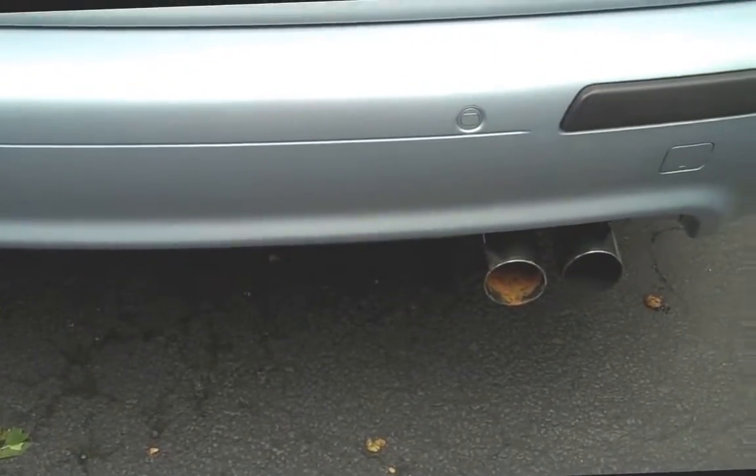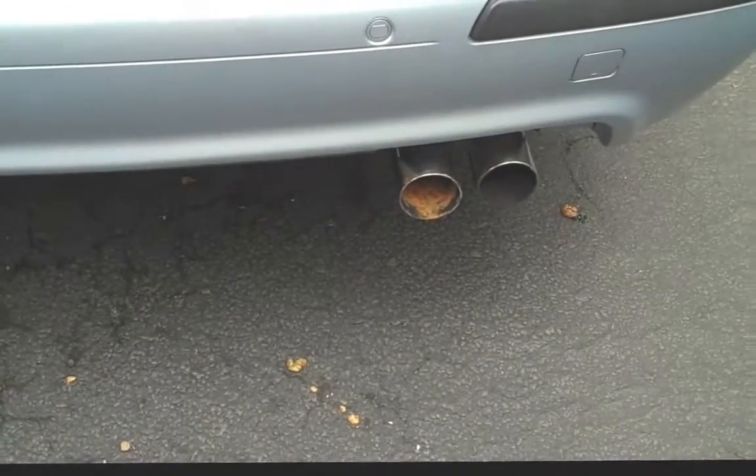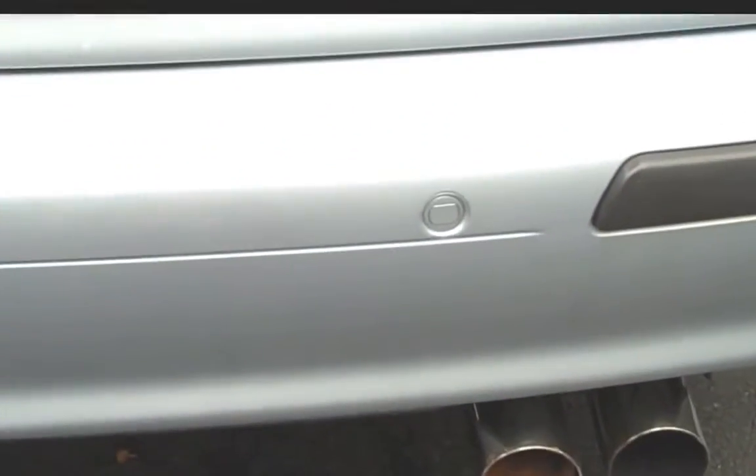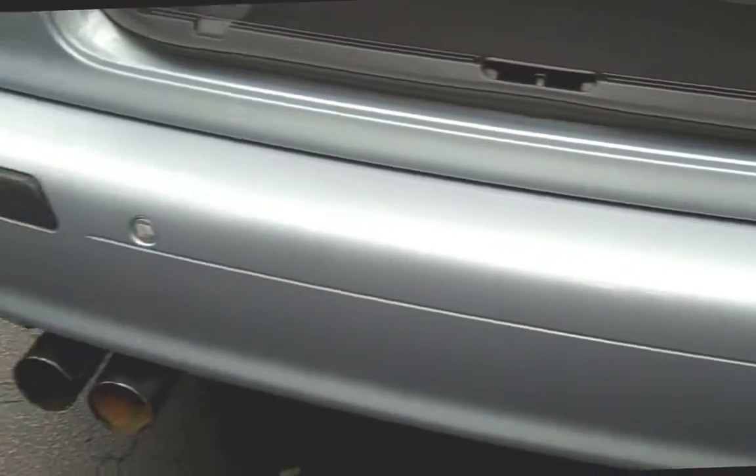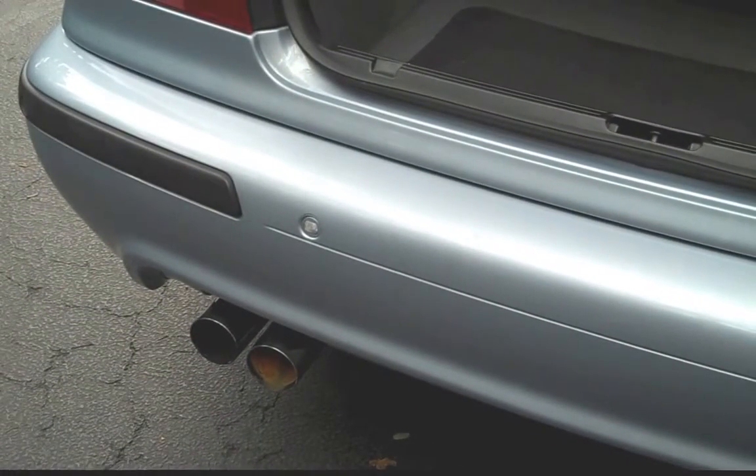One thing I will add, you probably noticed on the back here, in the bumper, you can see the rust in there I have to clean out. On the back bumper here, there are 4 rear parking sensors, which is really quite nice. So if you're backing up, you get close to something, it's going to ding for